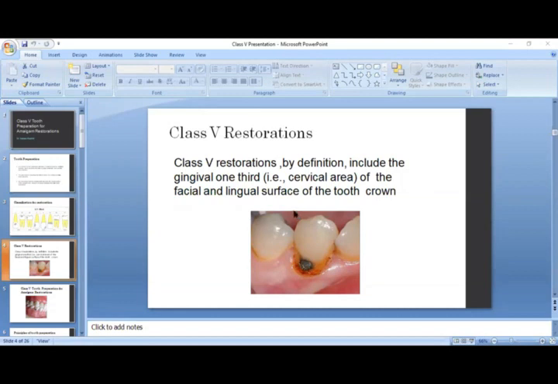I'm pointing the cursor. You can easily see there is a shadow of the tongue. The side that is in front of the tongue is the lingual side, and that is basically the facial side. So any carious region that is present near the gingival line or the gingival third or the cervical area on the facial side would be designated as a class 5 carious region. So please don't confuse this thing, that it is present only on the facial side. It could be present on the facial or lingual side or both sides. But it should be near the gingival line. Keep this in mind.